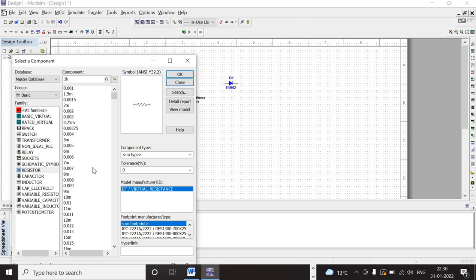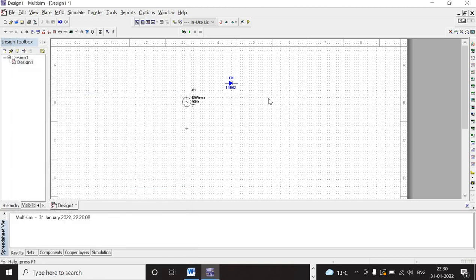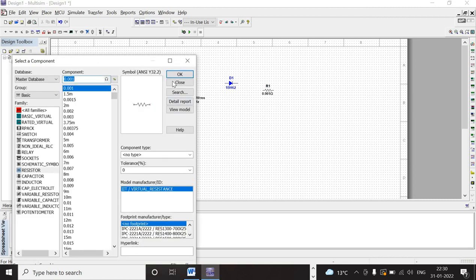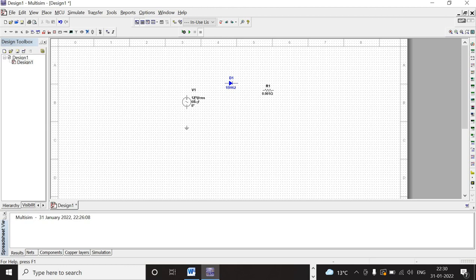You can select any value, and of course you can modify the value of the resistance also. So here I am taking say 0.001 ohm resistance and place it on the working sheet. Okay,